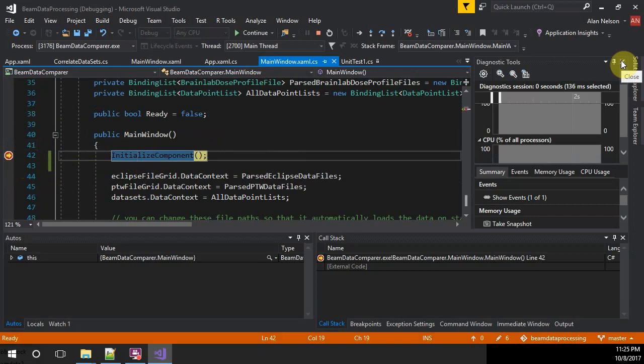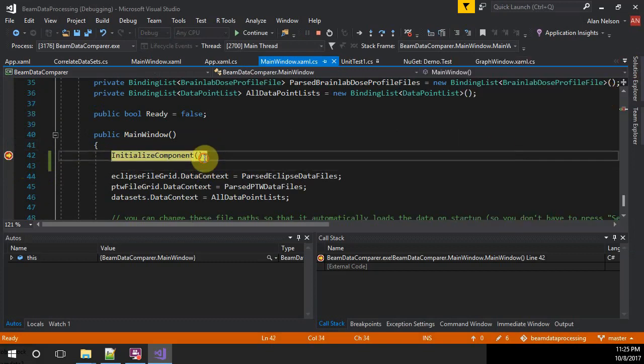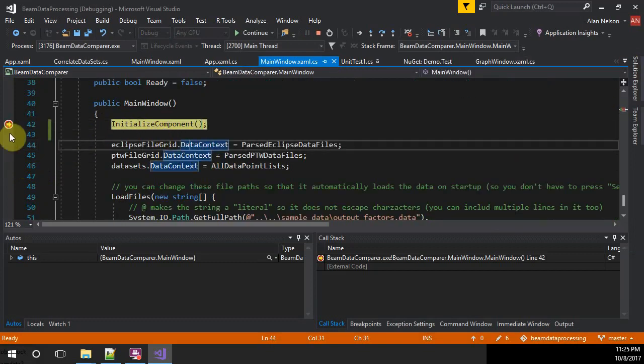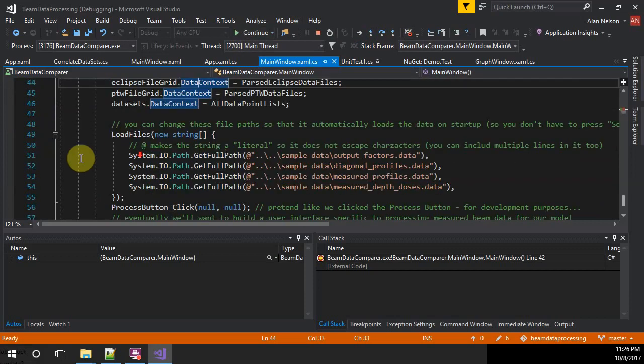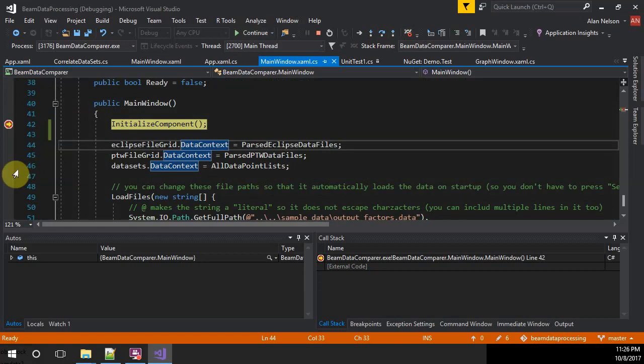You can Google it, but I don't know that they're super handy right away. They give you some information about memory usage and CPU usage. But the better thing is with a debugger, there's several things you can do: step into, step over, step out, and continue. F5 is continue. If there was a certain place you wanted to continue to, for example, I want to continue to this point,